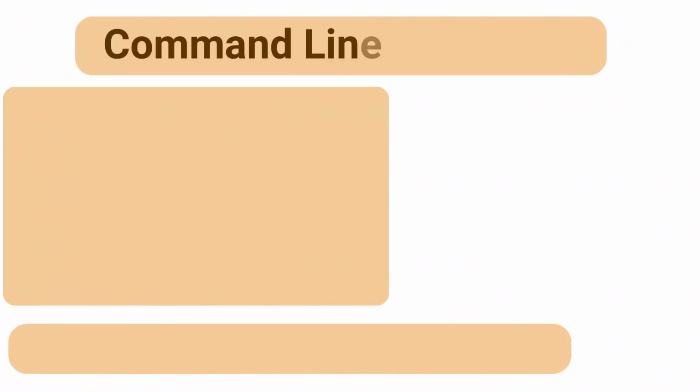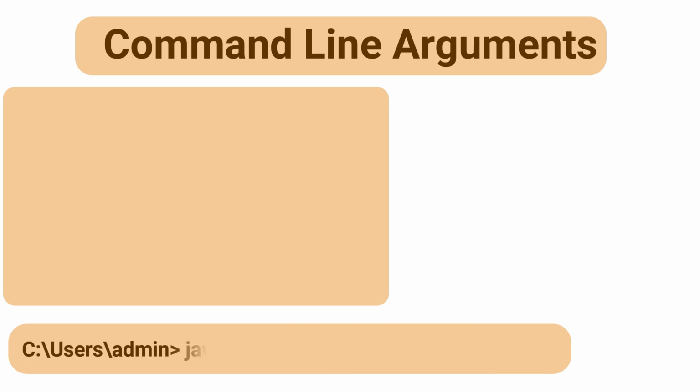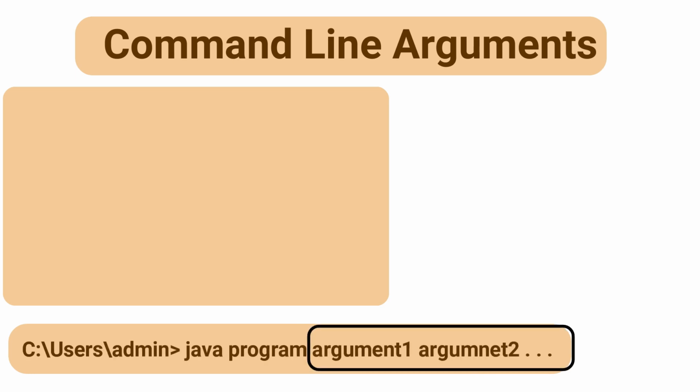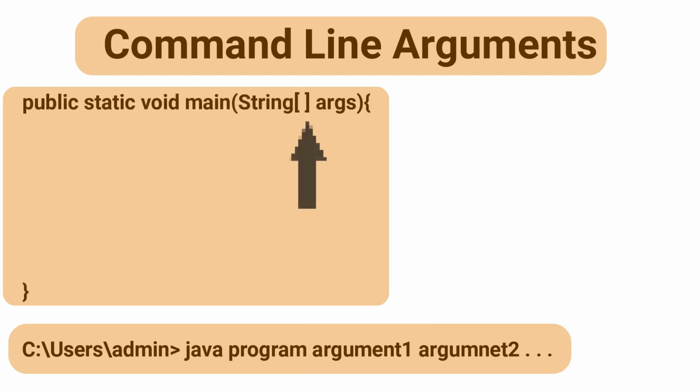Hi all, in this video I show you the basic way of implementing simple OS command using command line arguments in Java. Command line arguments are the arguments that we can pass into any program when we run it. So these arguments are accepted by the string array which we define as input argument for the main method. In this case the variable args holds all the command line arguments as an array of strings.